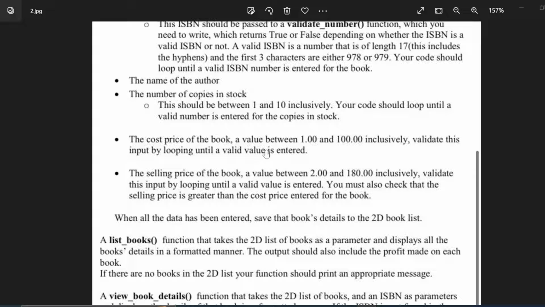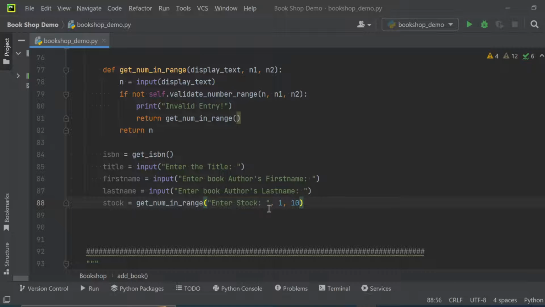And when we come to cost price, we're going to do the same. 1, not less than 1, could be 1 and 100, and for selling price is 2 and 100. So let's just make 2 and 180. So let's just make sure we remember these. Okay, all right, so we go back here. That's what we're doing here. We're passing in the limits, and then it will come here and verify these limits here. All right, so let's go to